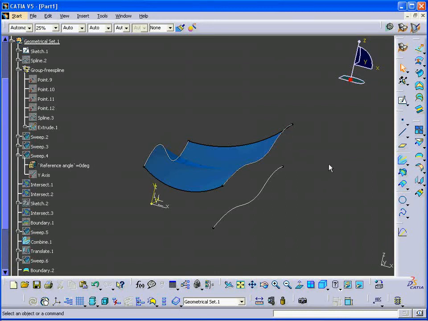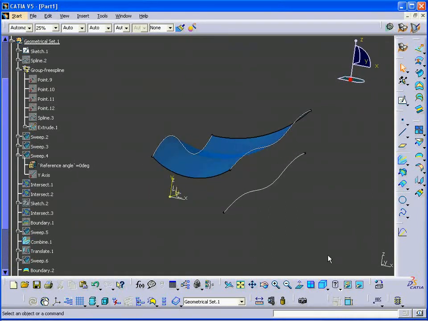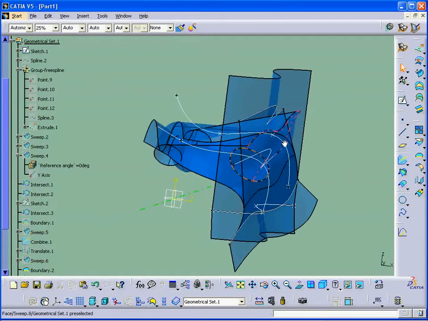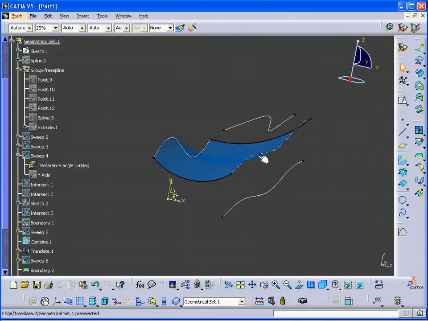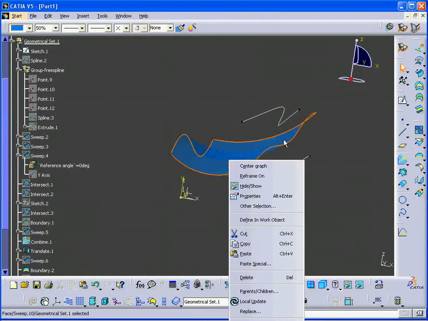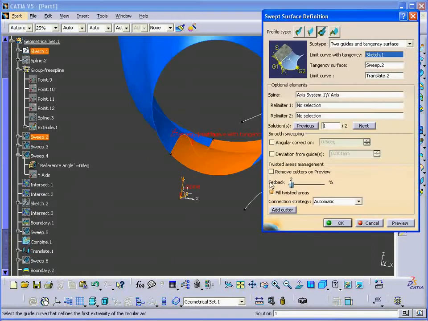The one other kind of circular sweep that we should probably mention is with three curves. This one is pretty self-explanatory, but I figured I'd show it to you anyway. I mean, it's very useful. So I'm going to go ahead and choose